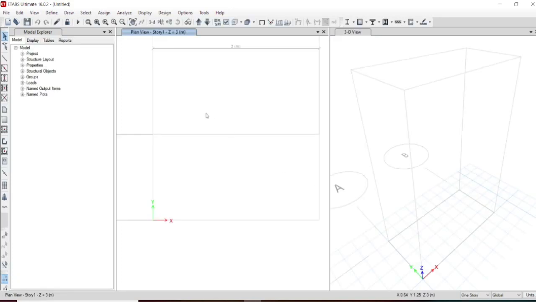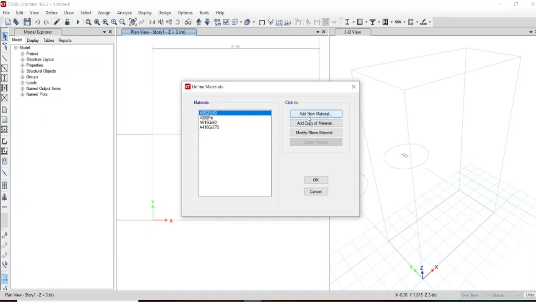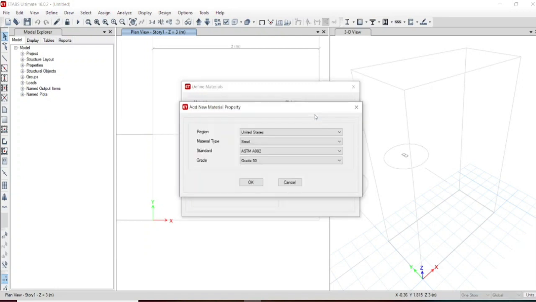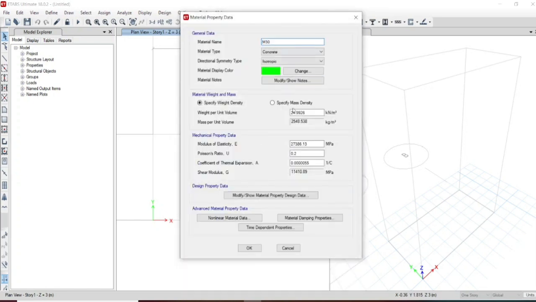Now we have our grids, so let us define the sections. The materials we are going to use are concrete and steel, so let us add those materials. For concrete, let us use M30 grade, and let us take the default values.